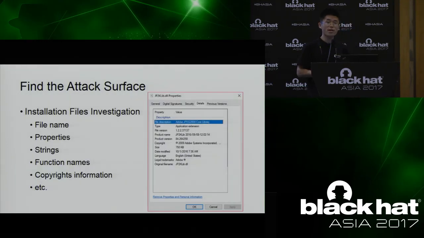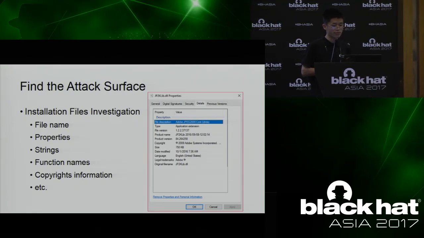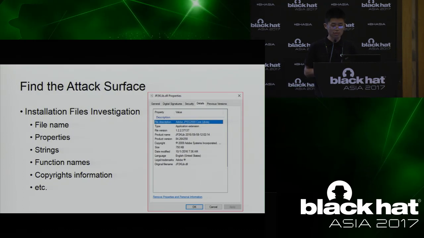For installation files investigation, here I use Adobe Acrobat and Reader as an example. To figure out a file's functionality, we can focus on the following information, such as file name, properties, strings, including ASCII strings and Unicode strings, and function names, including internal symbols and export functions, also copyright information, and so on. So here, let's take the